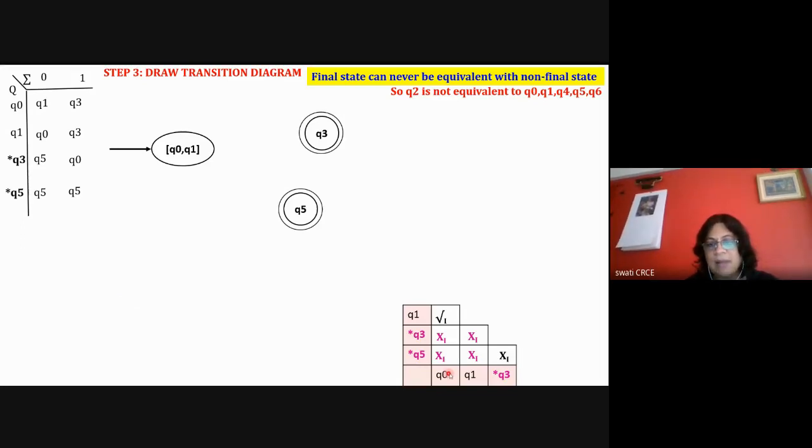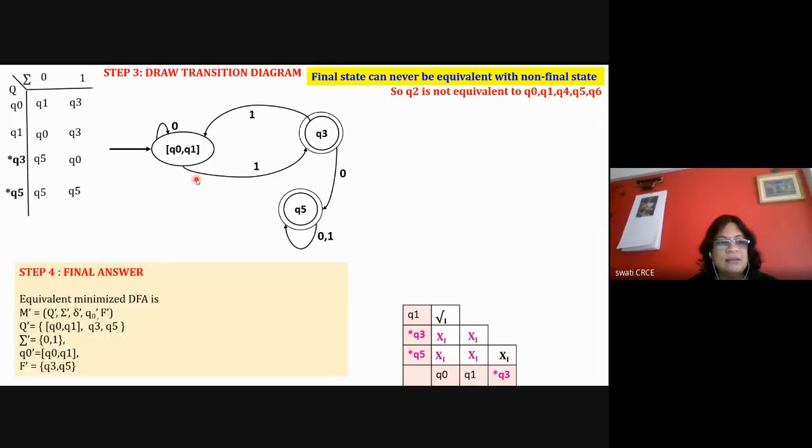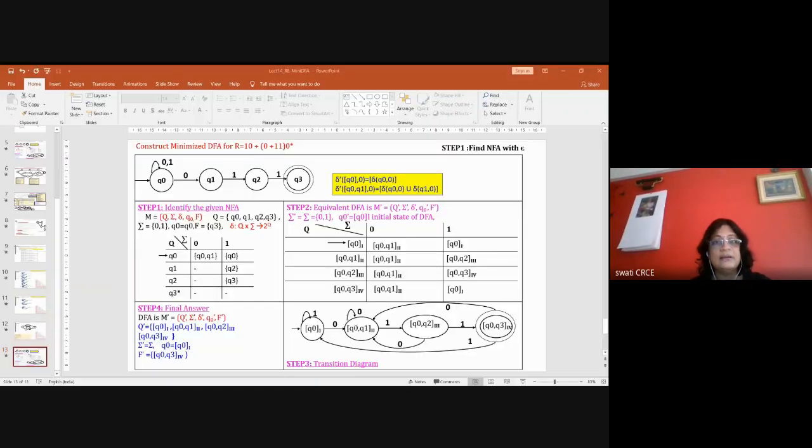So for the transition diagram, I am combining Q0 Q1 together in a single state numbered as 1. And then I'm writing both the states, Q3, Q5, remaining states. And then draw the table. While drawing the diagram, you should not face any issue. And then write the final answer. Okay. So this is what I taught you today: in the minimization, if there is any loop, then they are equivalent, because here the pair Q0 Q1 is Q1 Q0. It is treated as a loop.